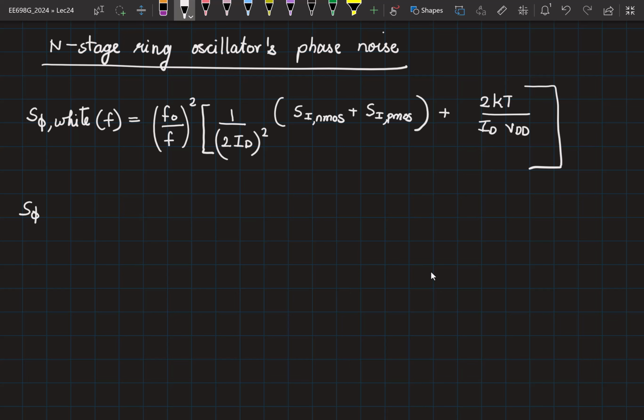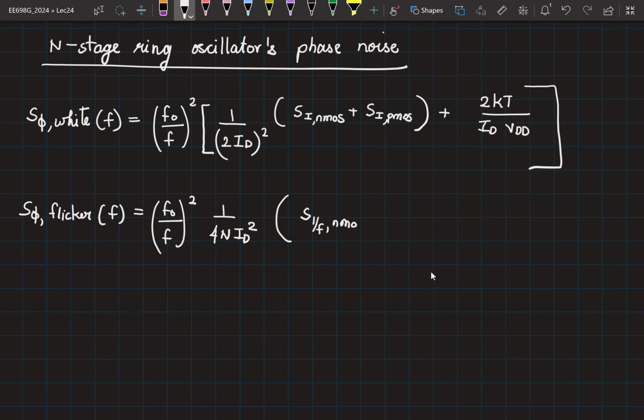Then S phi of flicker. This is equal to (F0 by F) the whole square, 1 by 4n ID square, into S of,